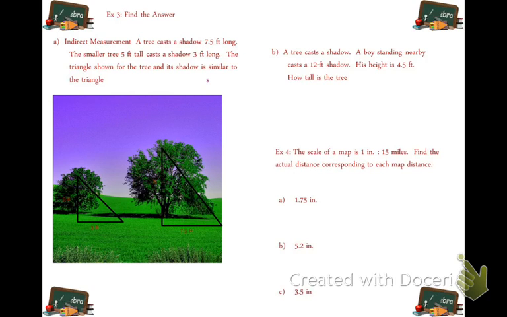I need to add some more information to this. Okay. The scale of a map is 1